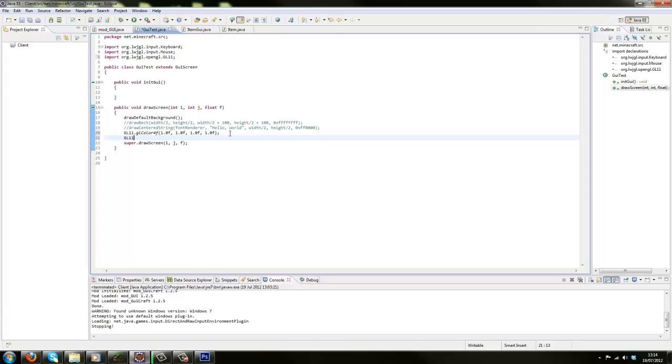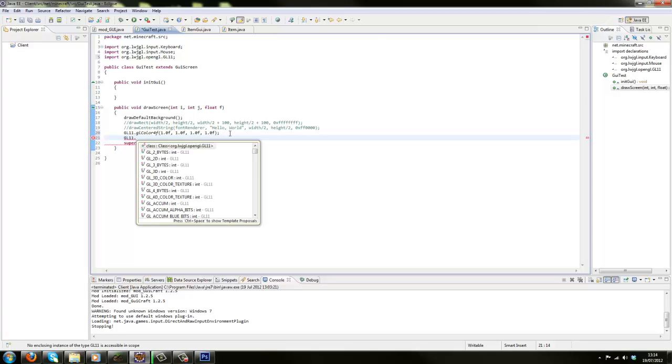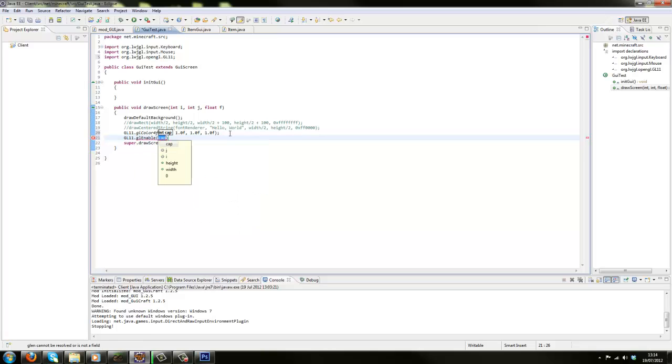Then we want to do another method, which is GL11 dot glEnable. And that takes an integer of 3042. Make sure that's 3042, otherwise you'll get an error. Then